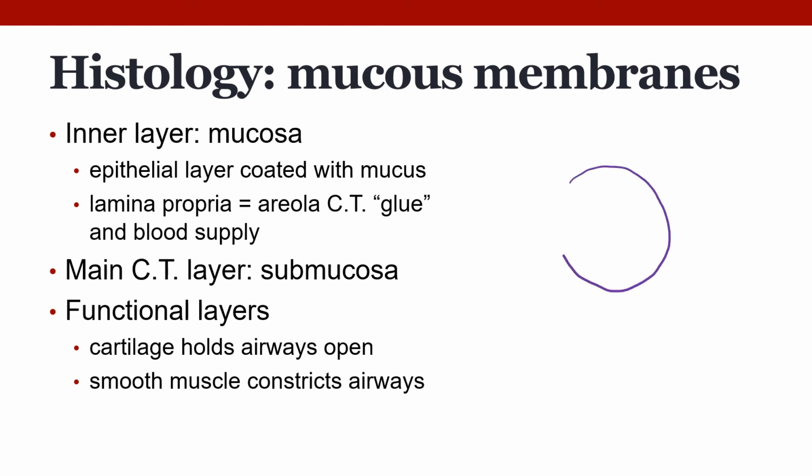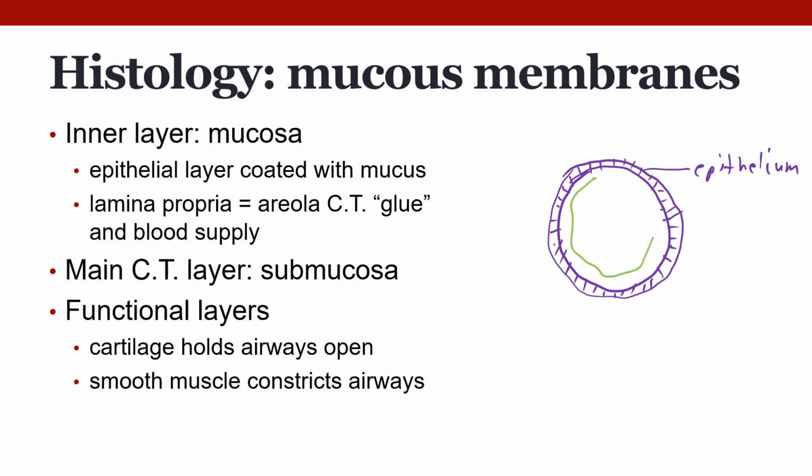The inner layer is always going to be the mucosa, which splits into a mucosal epithelium, which is most commonly a columnar epithelium, but gets thinner and thinner as we go deeper into the body. There will be a layer of mucus deep to that epithelium,